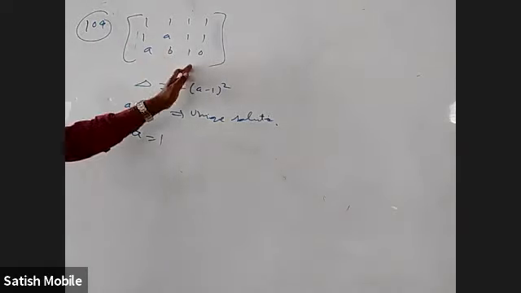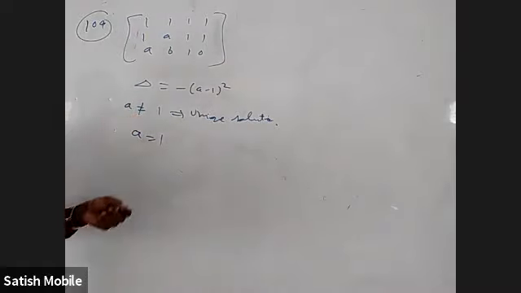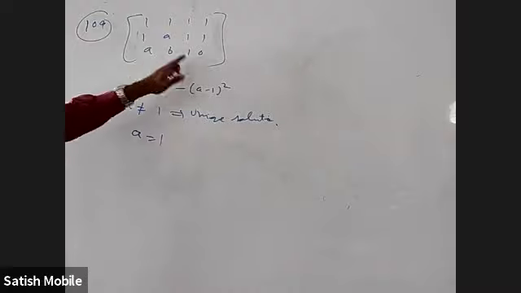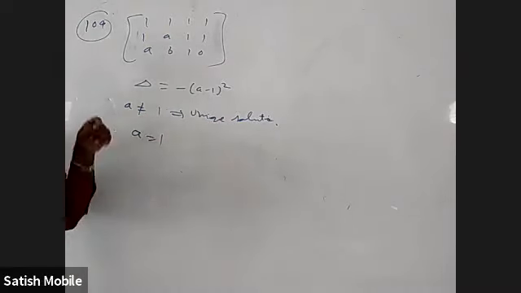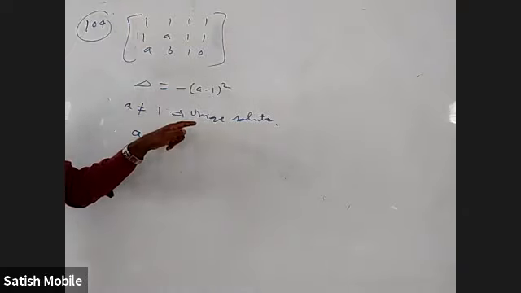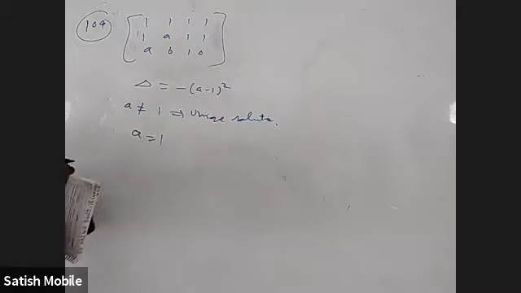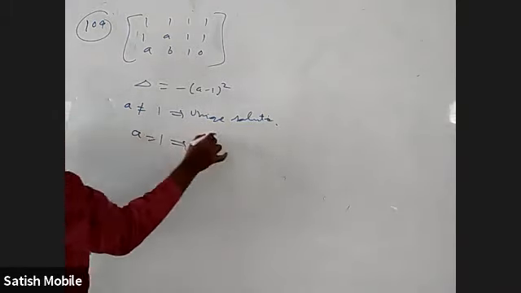From this, if you subtract this, you'll get 0, 0, 1 minus a, and 1 minus a whole square with a minus. Maybe this minus is not there, I don't know. Oh no, I mean, it is correct. Delta is this. Now, if a is not equal to 1, delta is not equal to 0, so unique solution. And if a is 1, delta is 0. Now, how to understand infinite or no solution in a equal to 1? Put 1 back and see what will come.